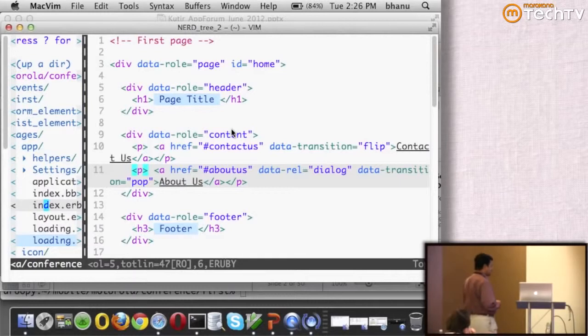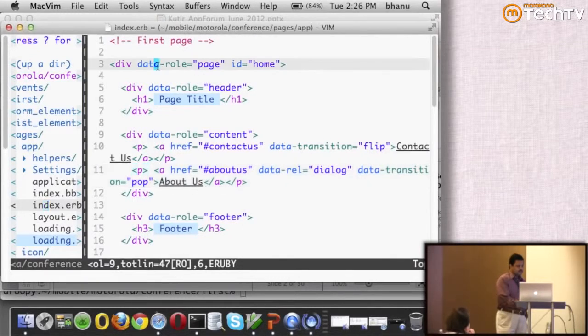Inside the file, I have stripped out whatever was auto generated and I wrote my own code. So, I defined data role equal to page and I gave it an ID of home. We will talk about why I gave the ID home in a second, but let us focus on data role equal to page.